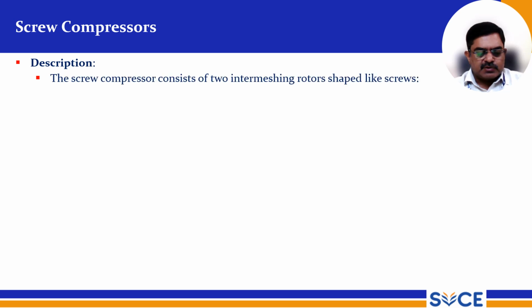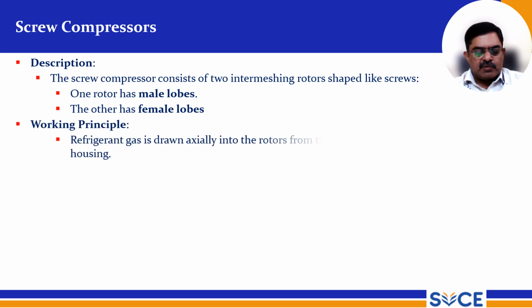So this is the screw type compressor. A screw compressor consists of two intermeshing rotors shaped like screws. One rotor has male lobes and the other has female lobes. And the working principle here: the refrigerant gas is drawn axially into the rotors from the suction opening at one